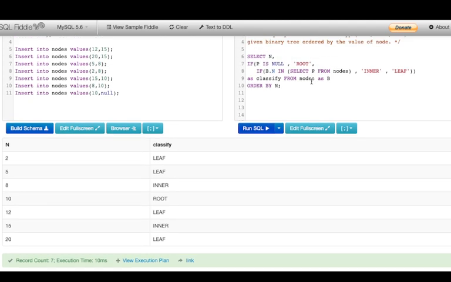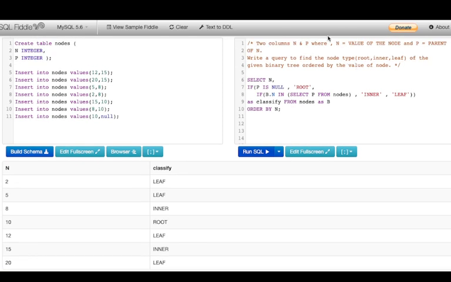So instead of using the count function, you can directly just use this b should be in the P column. If that is true, give us inner node, otherwise it gives us leaf node. So to summarize it, if the node value appears in column P, it will be inner, otherwise it will be leaf. Or according to the previous query, you can say if node value appears in P, then obviously number of P that equals the node value will be greater than 0, right? So this is how you can identify if your n value is root, inner or leaf.